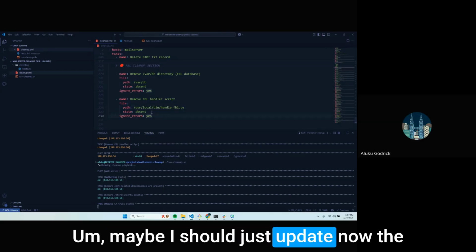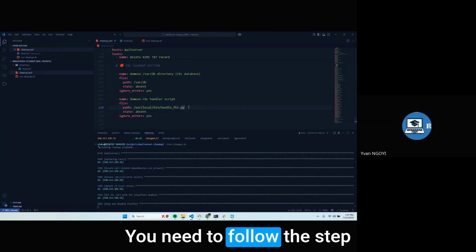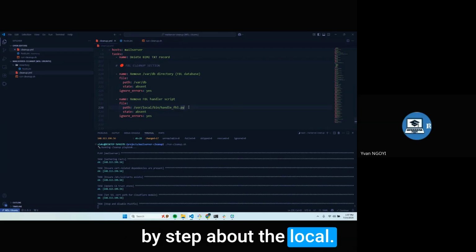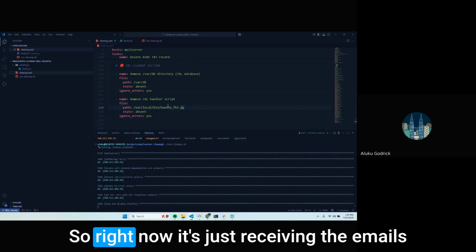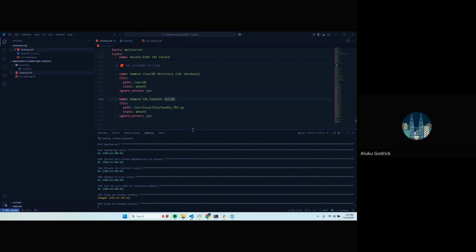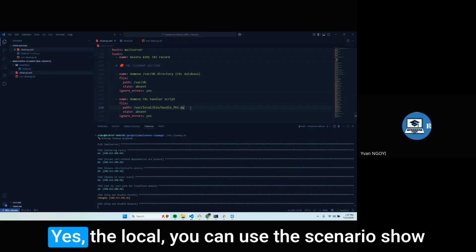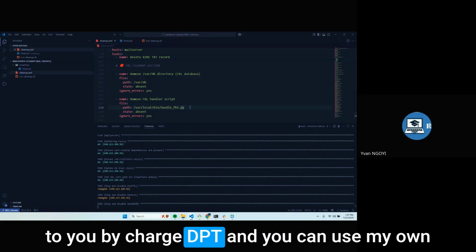Maybe I should just update the script now to simulate the local first, then follow the step by step about the local. Right now it's just receiving the emails and saving in the database. I'll simulate the local first. You can use the scenario shown to you by ChatGPT,